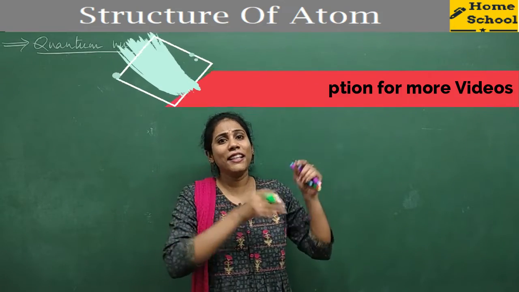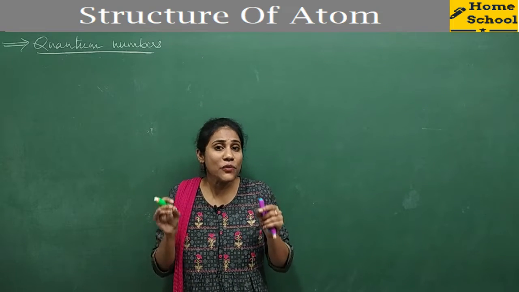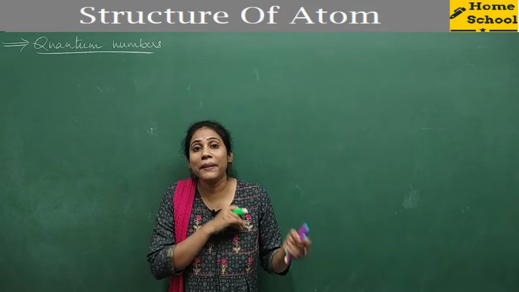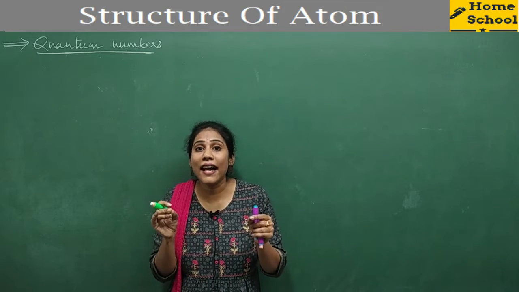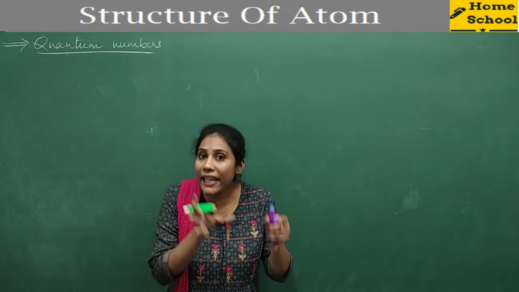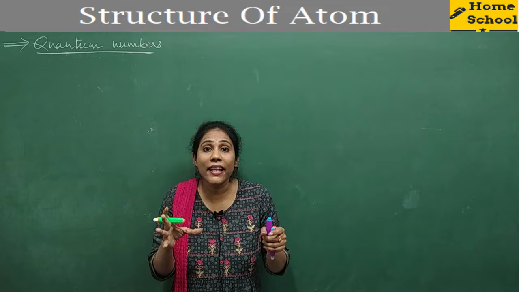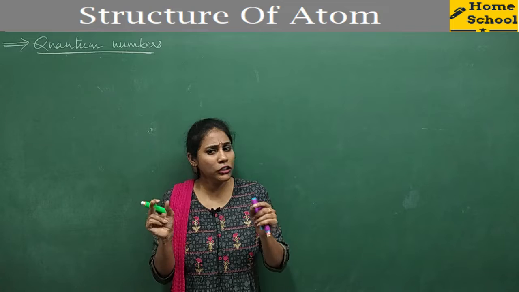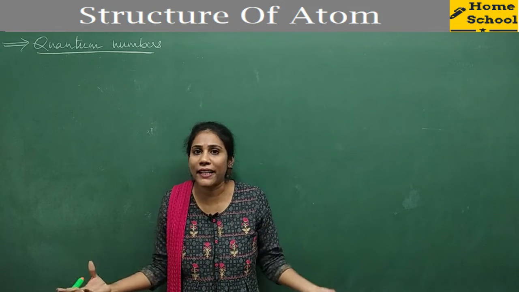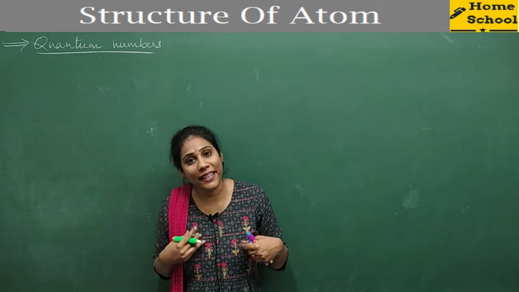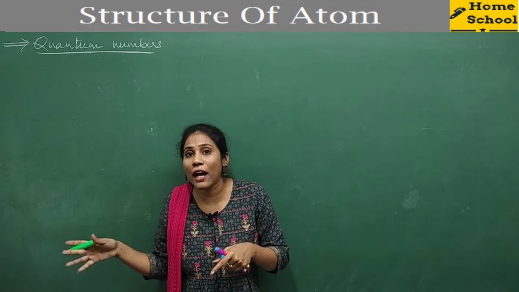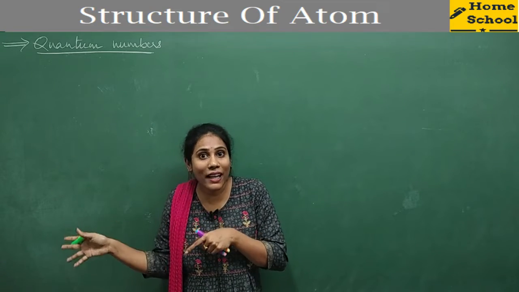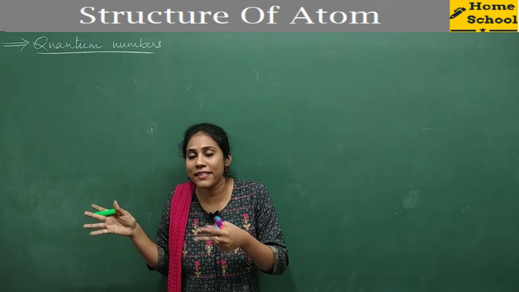You have so many electrons in a particular atom, so it is very necessary to know which electron is present in which orbital. You must clearly understand where the electron is located exactly. I mean to say, you must know the address of an electron. If you want to know somebody's address, say mine, initially you must know my state, then my district, then my town, then my colony, my street, then my house.